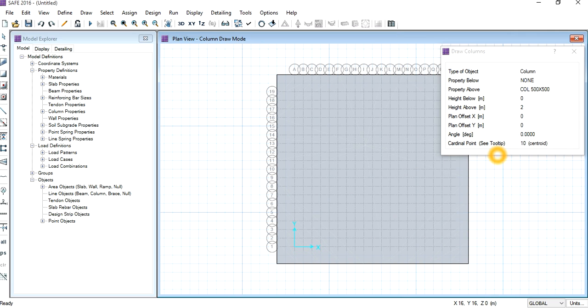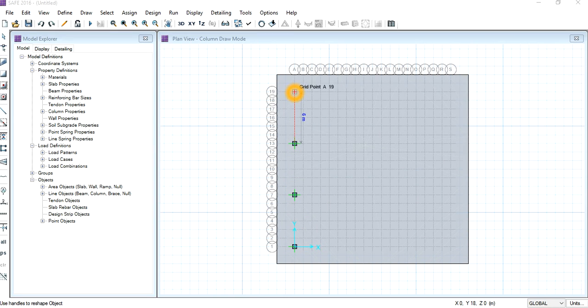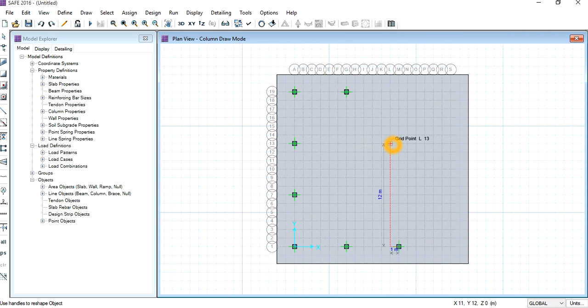Now place the columns as shown. All the 500 by 500 columns have been placed.